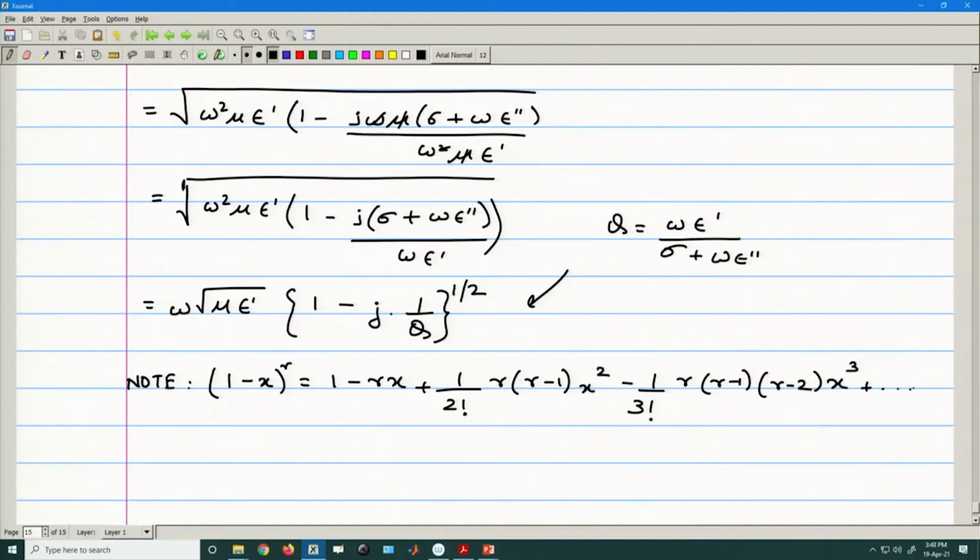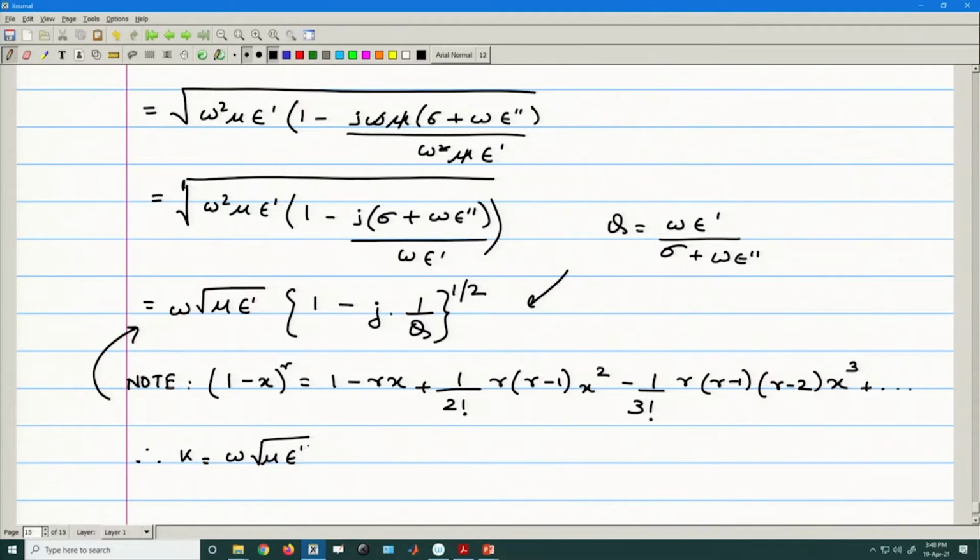Fine. Now, using this and then expanding, we will get k as